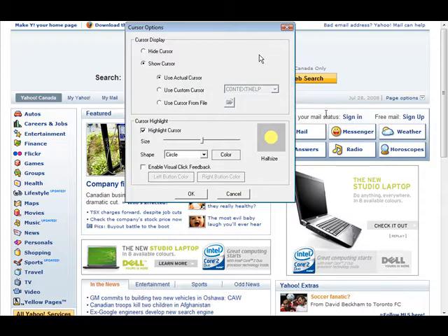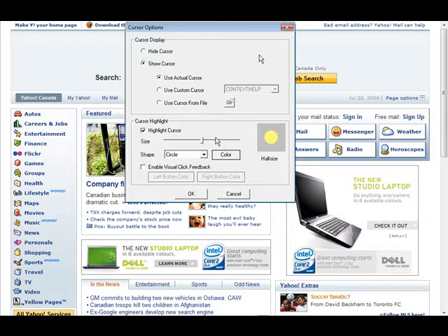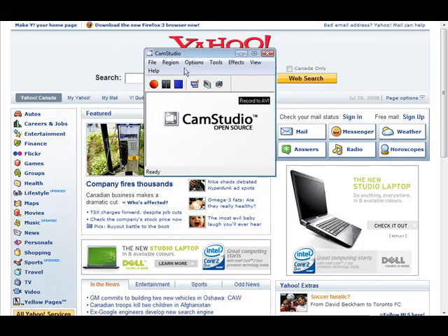Next, cursor options. In here you can either hide your cursor during your recording or show your cursor, you can set the size of the cursor, and you can set the style of your cursor over here. So you can give it a shape if you want, like so, and then it'll show up a little easier if you want to use this. And of course you can set the color in here. If you don't want to use that, just turn off the highlight. Okay, and once we're done there,